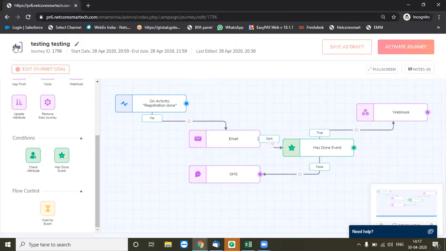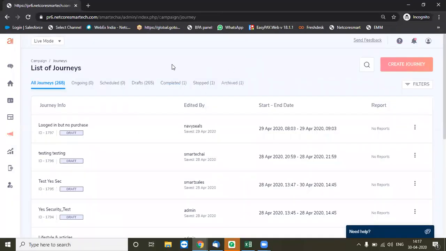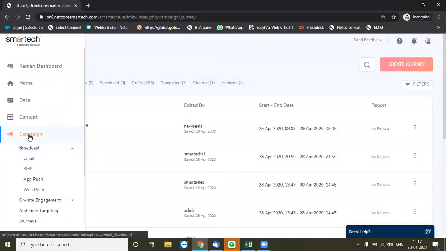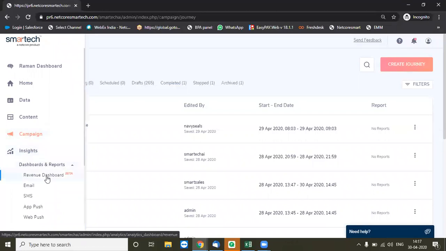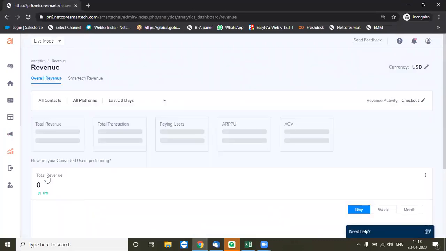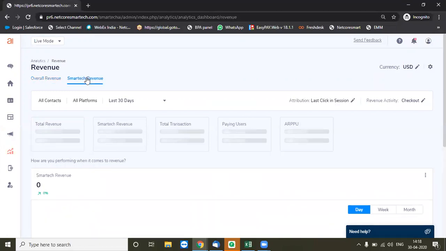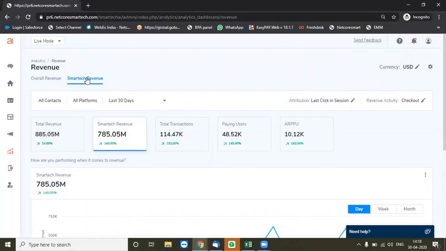Then coming back, we have the analytics over here that takes care of your complete performance dashboard. So if you just want to see a revenue dashboard, if at all you have connected your revenue parameters to the platform, or maybe the goal parameters to the platform, you can check how much revenue you have generated on an overall basis on a website. And out of that, what has been the share of smart tech in your total revenue generation.